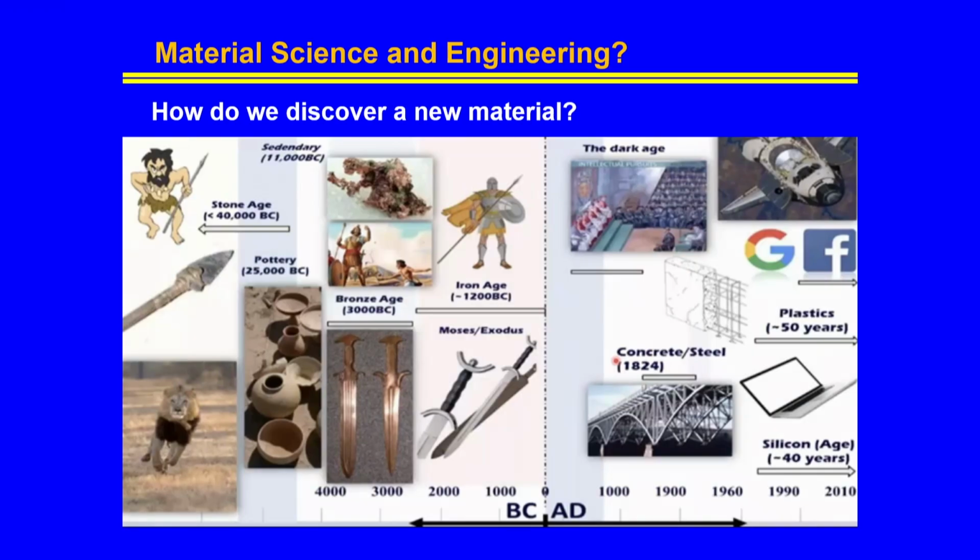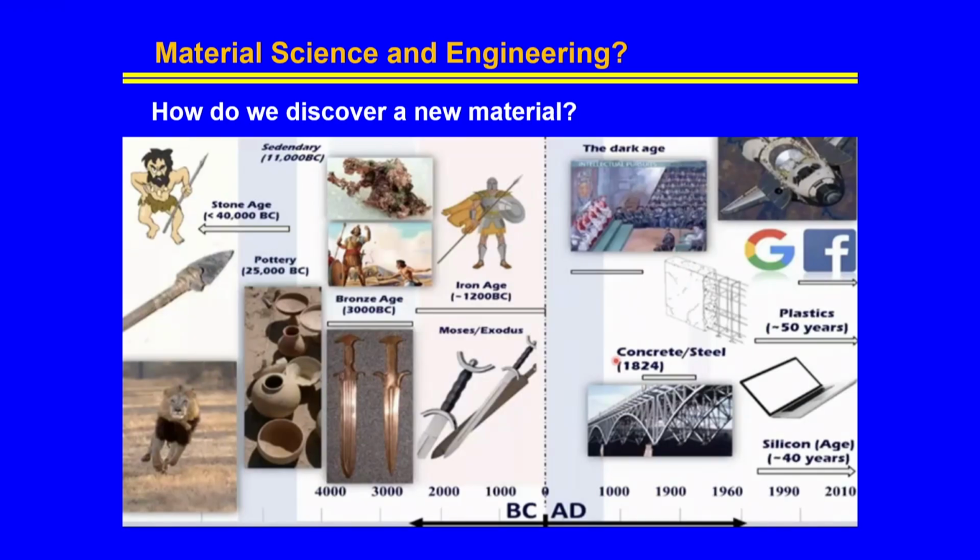So, we have discussed quite a lot about how material can be designed, the traditional way, trial and error, as well as how data informatics can be important. Let us look back a little bit, we will not discuss much about it. Let us look back, how do we discover new materials? What do you think about it?